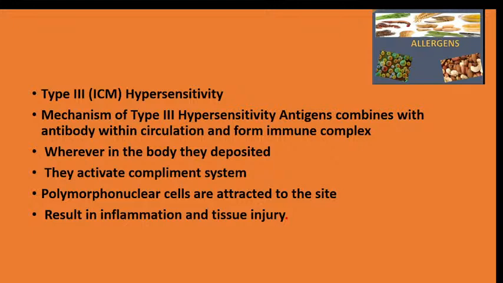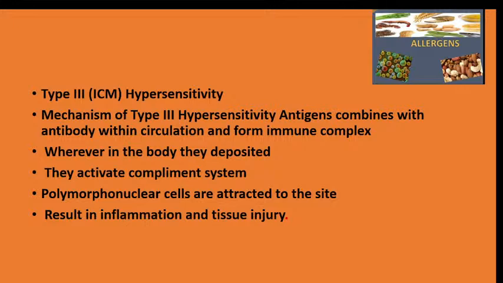The term immune complex disease refers to a group of diseases whose pathogenesis involves tissue damage. As a result of this deposition of the complex on the target organs, it will result in tissue injury. When this antigen antibody complex is formed, they will be deposited on the organs, and after that